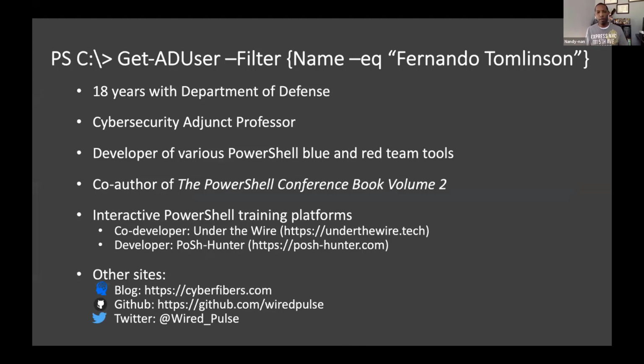I developed a number of red and blue team tools, all namely in PowerShell. You can tell that I really enjoyed the language. And I wrote a chapter in the PowerShell conference book, volume 2. What's interesting about that book is we make no money from the proceeds. All proceeds go to underrepresented, underprivileged individuals so they can get a start in cybersecurity. I think back to my initial start in cybersecurity, or really IT in general, and I felt like I fit that same mold. So I just want to do something for the next generation, and this was a great way to do it.